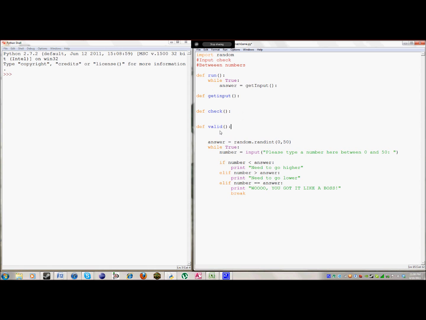See, the good thing about using methods, or functions, is that you can write code for the rest of your program just by knowing what it will do. Because I know that I'm going to write this to return the final answer, I can write this function just knowing that this is going to provide the final answer. And so for this, I'm just going to have